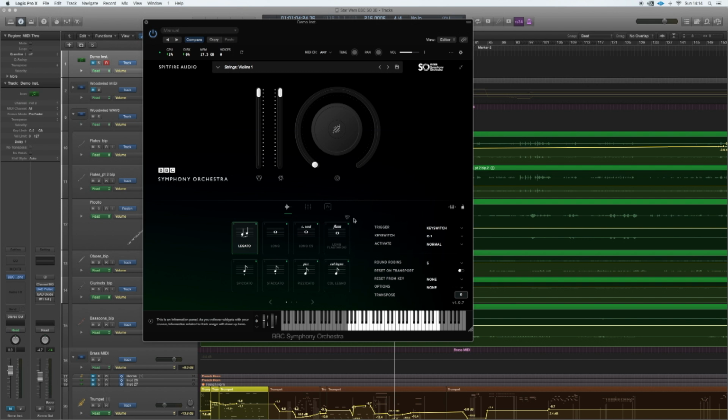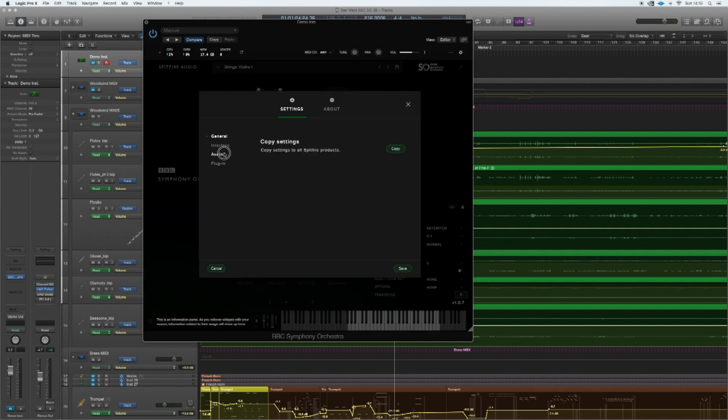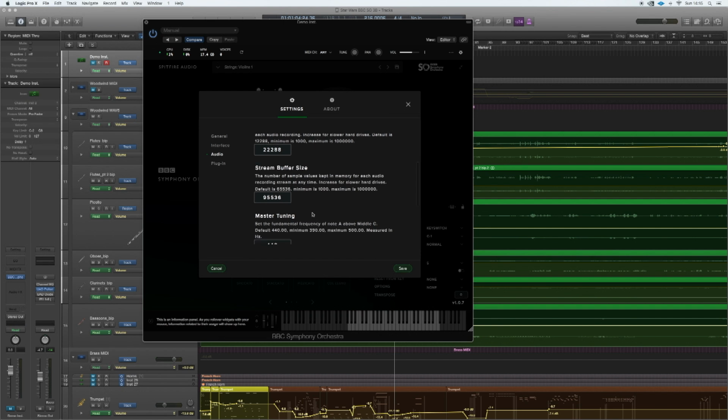One thing that isn't mentioned in the manual is the preset edit, this little button there. It took me ages to find that. So in the violins, for example, you can go and turn off the stuff you're not using. Well handy. And in the settings, you can go into audio and start changing the preload size and the buffer size and stuff like this,